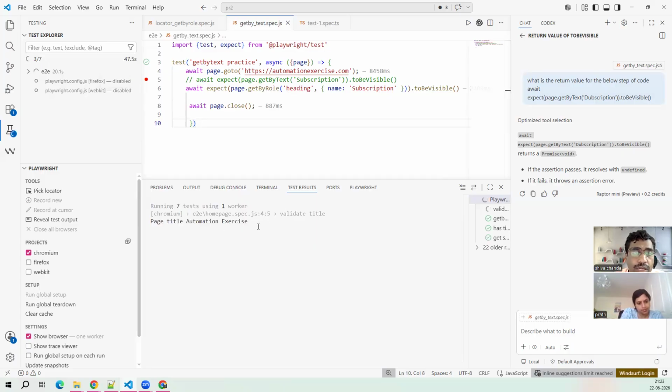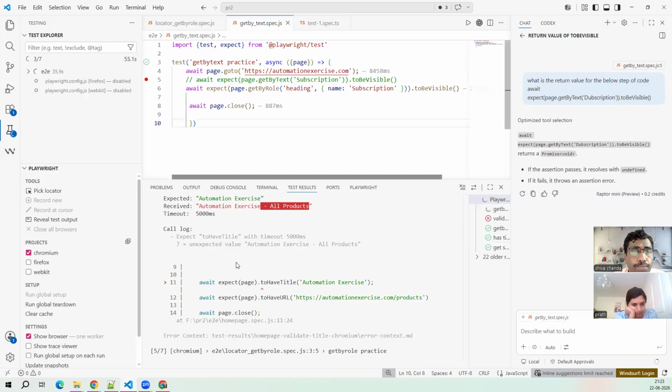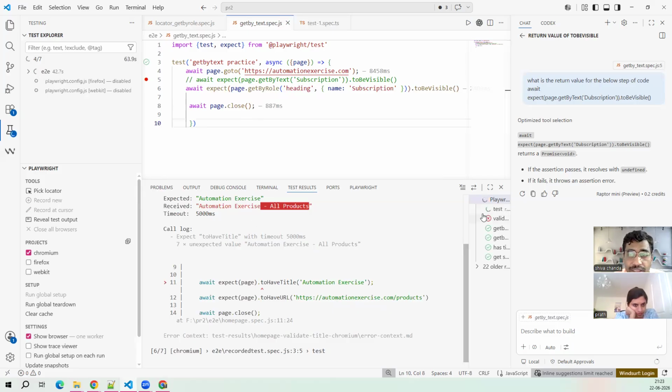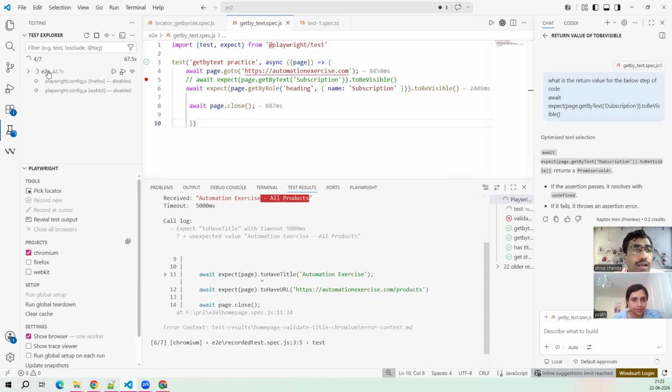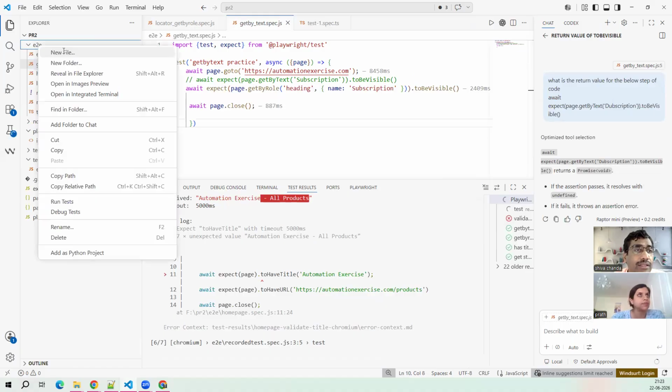Page title automation exercise. Actually, I ran the run instead of new file. Okay, that is why this is running. You observed, I guess. New file. Actually, I have to go here. Sorry, here. Get by